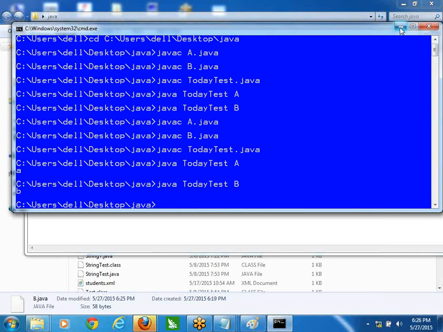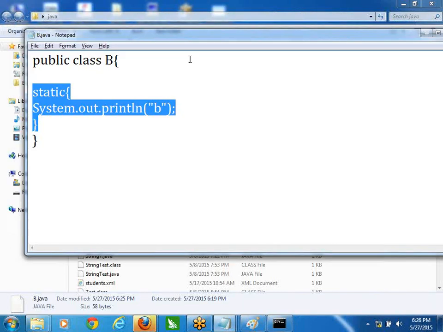That's why I wrote a static block. If you write it like this, then this is called a static block. You know static methods and static variables. You can create static empty blocks also, like this. It's a static block. When this static